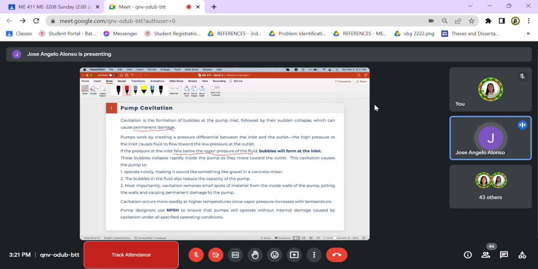So cavitation occurs more readily at higher temperatures since the vapor pressure increases with temperature. Sinasabi rin dito na si vapor pressure is dependent or directly proportional to the temperature ng fluid. So the higher the temperature, the higher will be the vapor pressure. So this is temperature, this is pressure ng vapor. They are directly proportional to each other. And ang intention nga natin